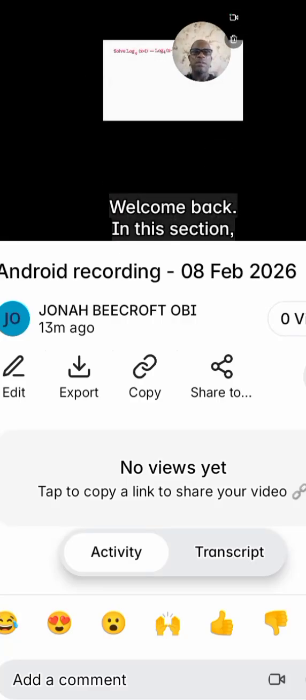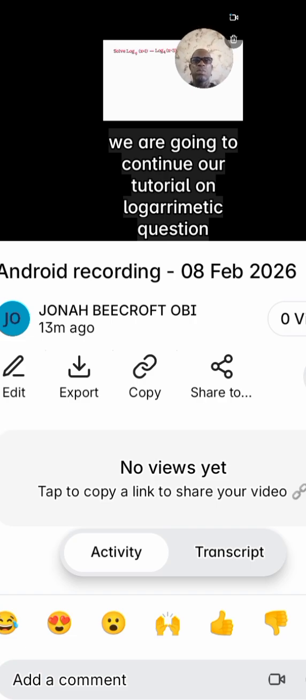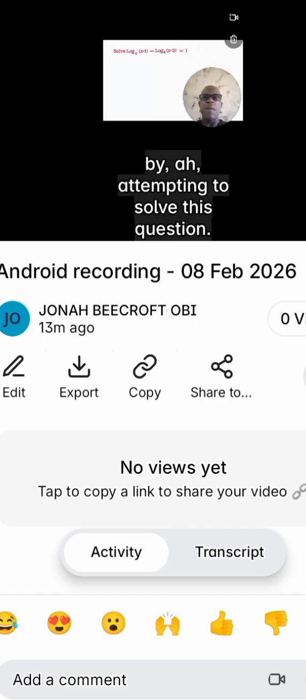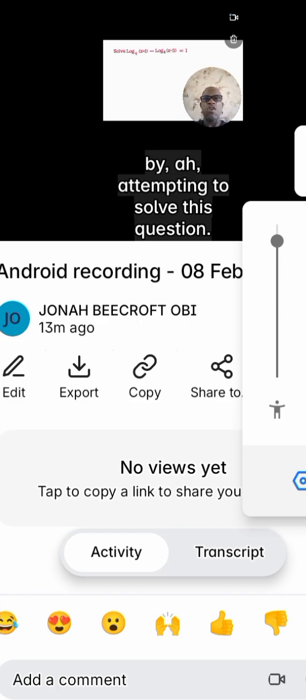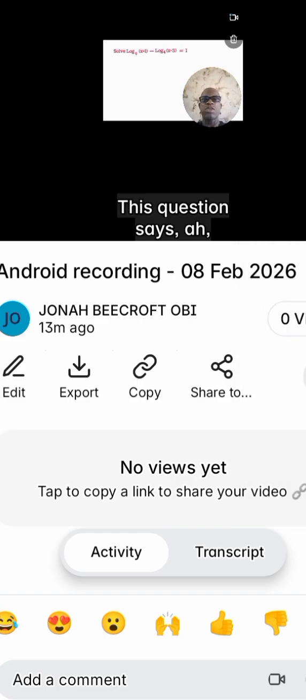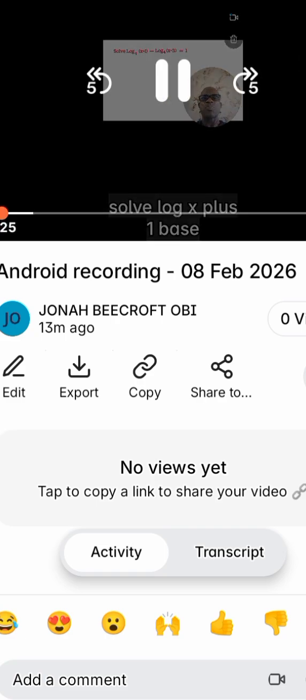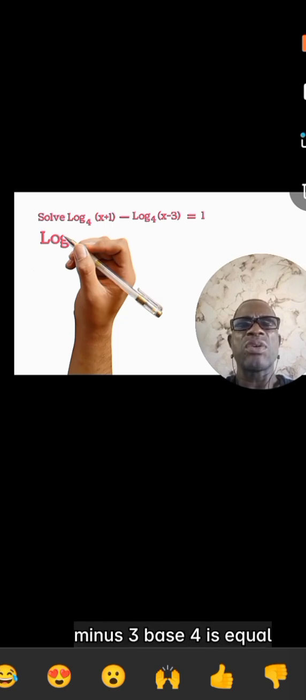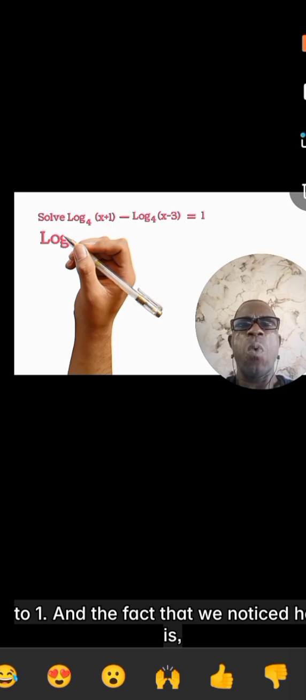Welcome back. In this section, we are going to continue our tutorial on logarithmic equations by attempting to solve this question. This question says, solve log base 4 of (x plus 1)